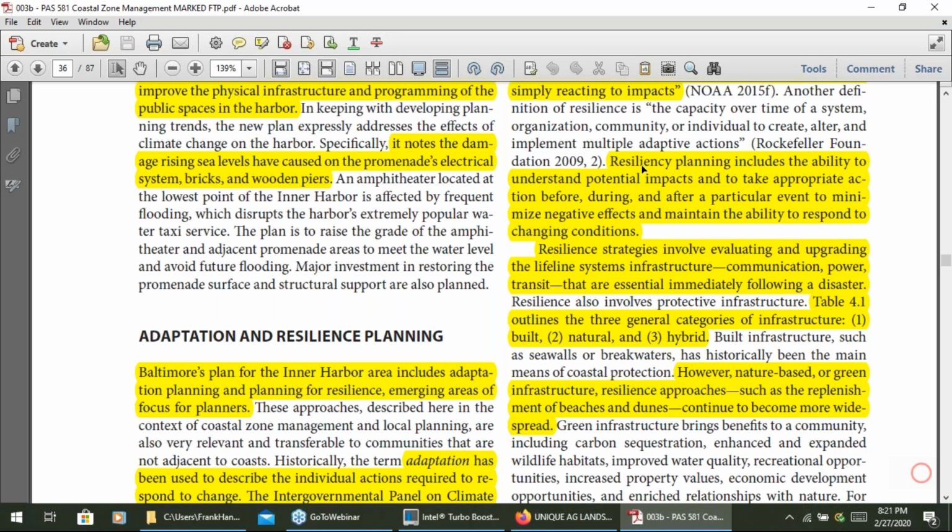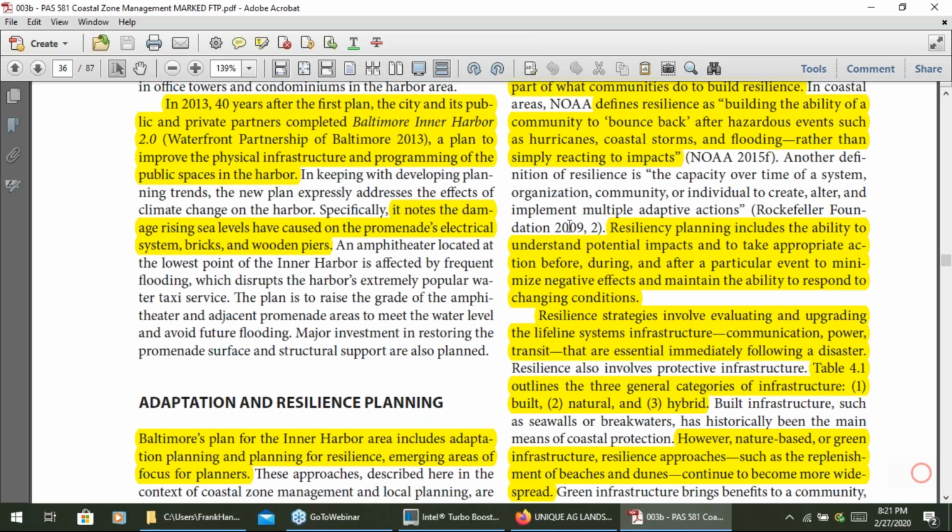I'm sorry, that prior definition of resilience, just like sustainability, is defined differently by different organizations. That was a NOAA definition, the National Oceanic and Atmospheric Administration. I do think it's more expansive in different contexts. But that bouncing back is one of the classic definitions of what resilience is: the ability for the system, the human environment, to bounce back after a disaster.